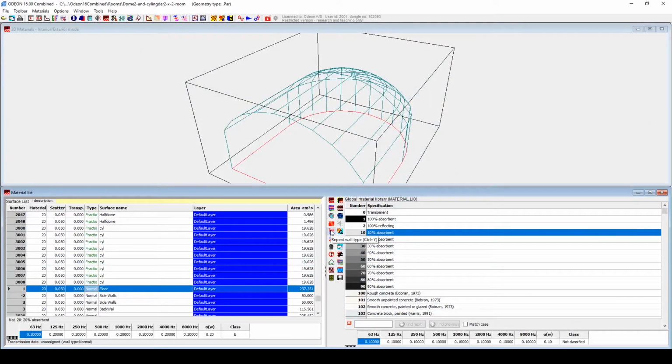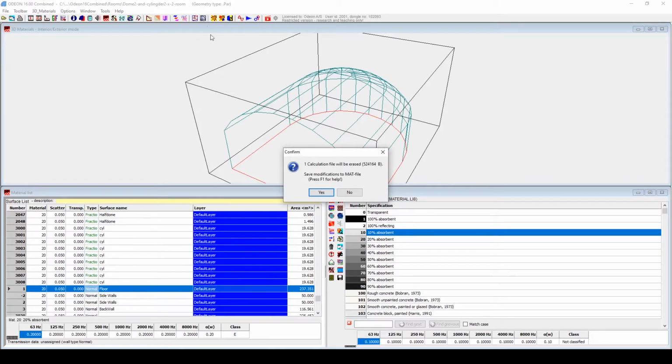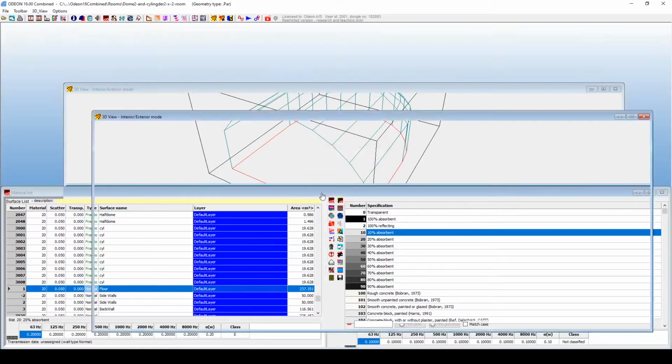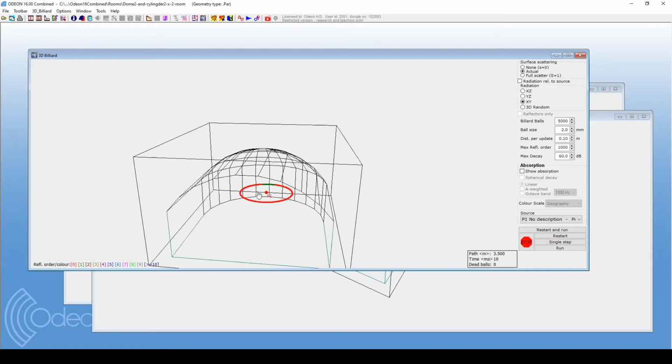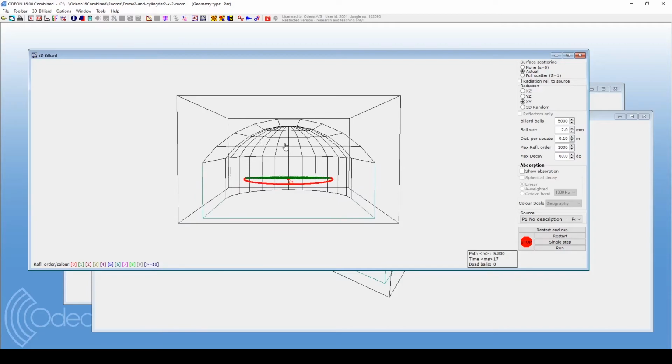We can visualize the difference between the two settings by using the 3D billiard visualization. Then, we can adjust the view and set the radiation to YZ.